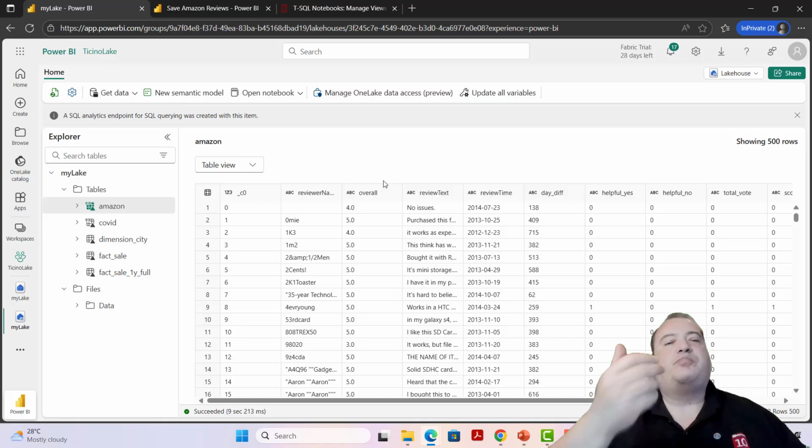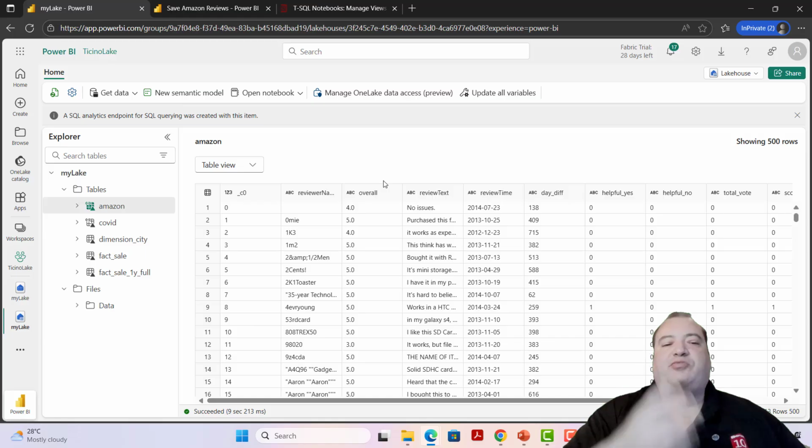The previous feature that we saw was materialized lake views, and now we are seeing the shortcut transformations. It's at a very early stage, but it's taking us towards a